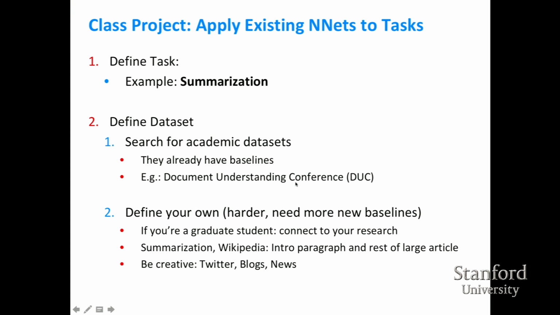There are some people who have worked in summarization before. And the nice thing is if you use an existing data set, for instance, from the Document Understanding Conference, you see here, then other people have already applied some algorithms to it. You'll have some baselines. You know, what kind of metric or evaluation is reasonable versus close to random, because sometimes that's not always obvious. We don't always use just accuracy, for instance. So in that case, using an existing academic data set gets rid of a lot of